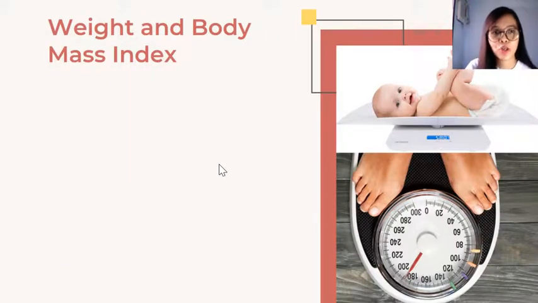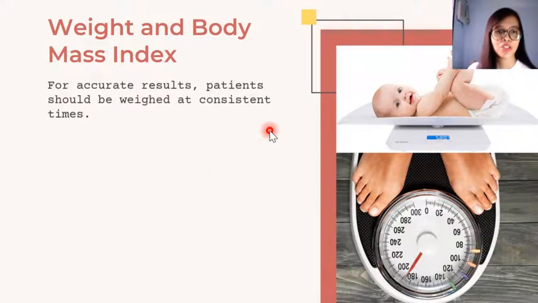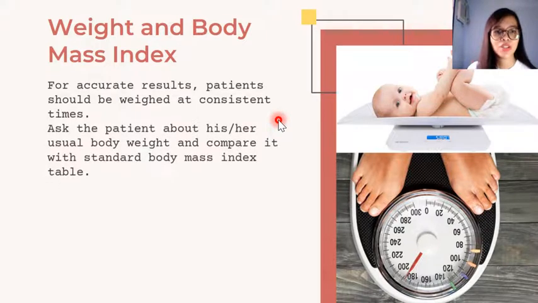All right, so for your weight and body mass index, for accurate results, patients should be weighed at consistent times. You can weigh your patient every day in the morning, before breakfast, and it will be more consistent if your patient will be wearing the same clothing or hospital gown. Then ask the patient about his or her usual body weight